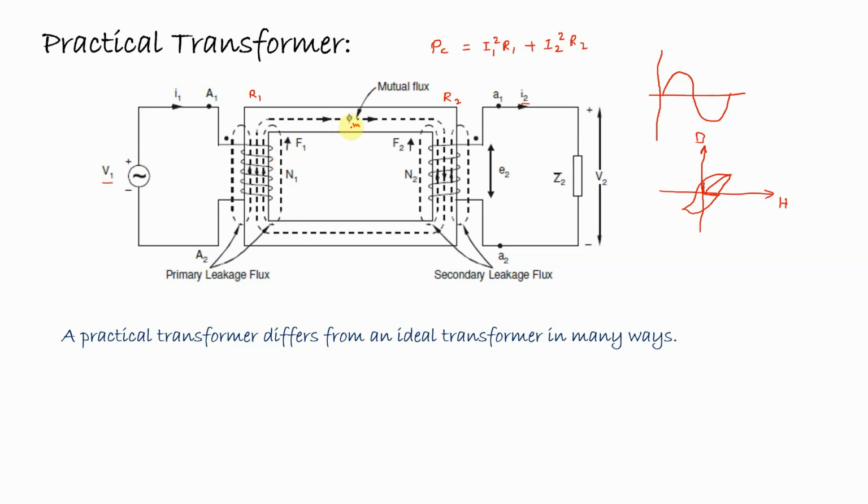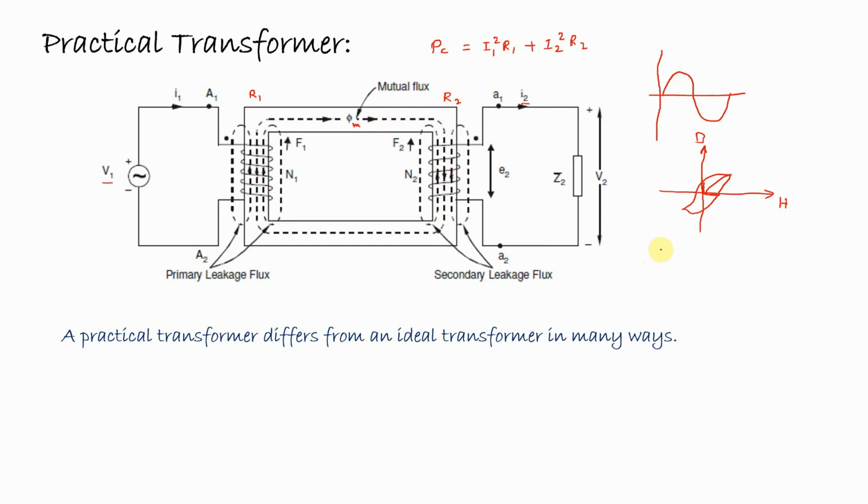Similarly, because of this alternating flux, some EMF will be induced in the core material also. The EMF will be induced in primary as well as secondary winding, but EMF will also be induced in the core material because the ferromagnetic core material is also good at current conduction. So the EMF which is induced in the core material, because of this, a current will start to circulate through the core material. This is called the eddy current. And because of this eddy current, losses will occur, and this will be considered as eddy current loss.